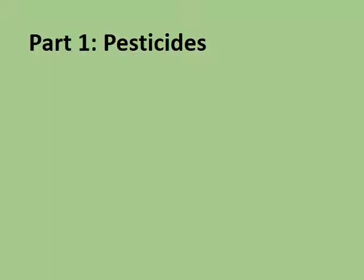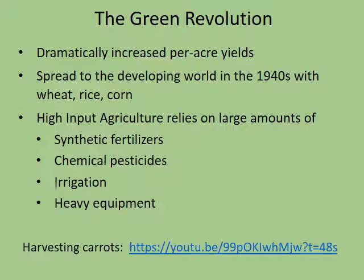So this brings us to pesticides. The Green Revolution, you guys know all about it. High input agriculture. And the Green Revolution was a success. We were able to grow more food in a smaller space, and we were able to grow it faster. Synthetic fertilizers, chemical pesticides, irrigation, heavy equipment, all of these come with side effects that weren't necessarily thought of when